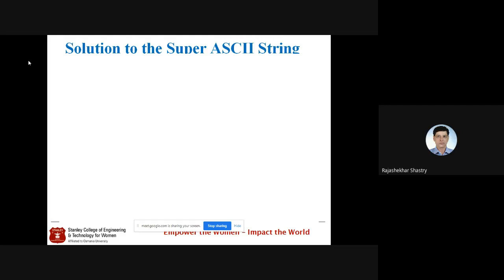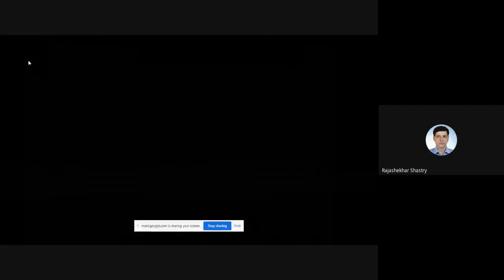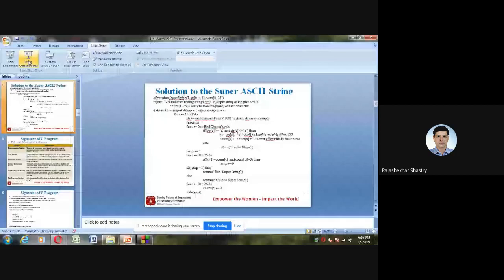But if you check your code, the size of the code is very lengthy. You have taken a switch case structure, and in that switch case structure you have included 26 cases. Am I right? So in the solution which you have given, you have added a switch case structure which contains 26 cases. So it's a very lengthy code. So instead of that, how can we solve this particular problem?